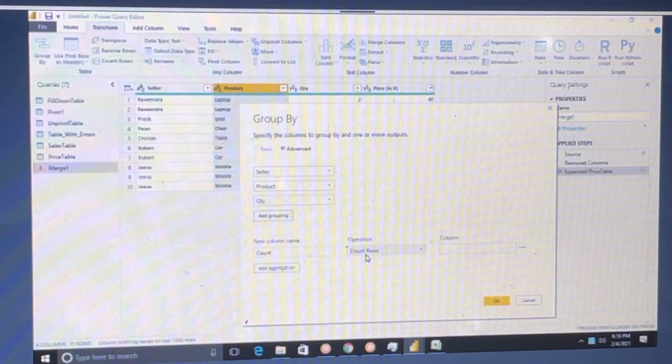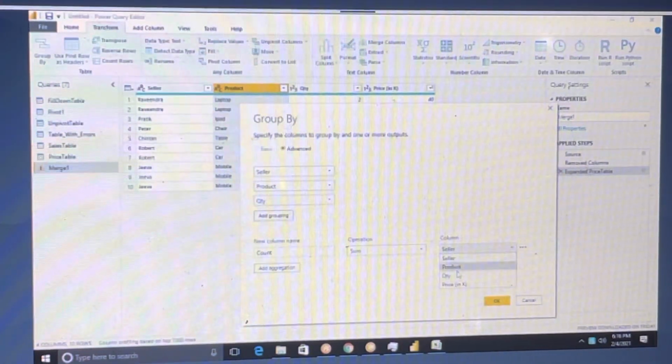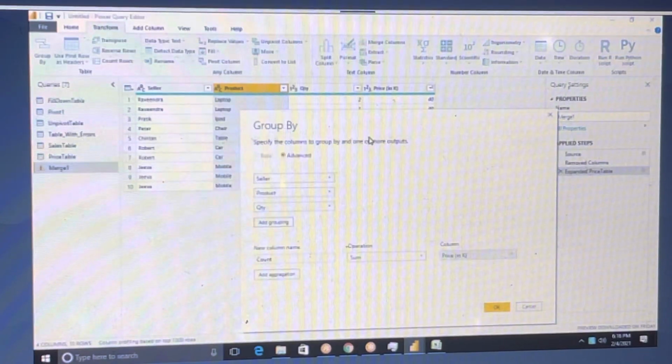Now the total sum of product, you will get the same data. I think quantity will come.